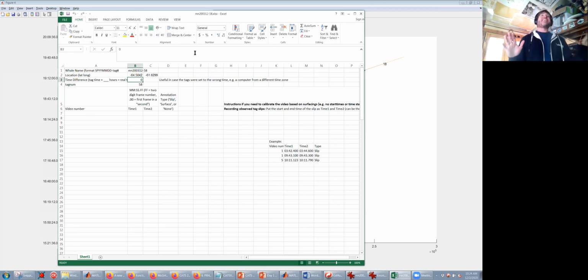Ideally that's 0, but it's in there as an error because you never know. Sometimes there are situations where we have not put in the right time. We either used a computer that was set to the wrong time zone, or we forgot to sync our computer with the GPS. And so our tags, we know, are like 17 seconds off of what they're supposed to be or whatever. So it's just a switch in here that you could use to adjust your timestamps later on